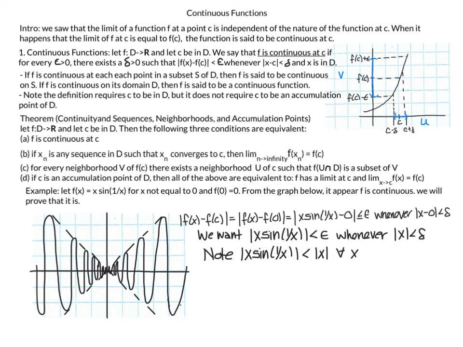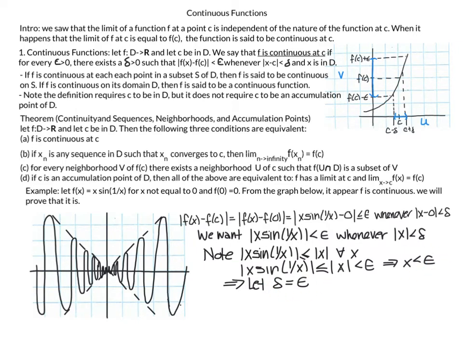And if you recall, we would solve for our x in terms of epsilon. However, this is a little bit difficult, but we can note, because sine goes between negative 1 and 1, that the absolute value of x sine of 1 over x is always less than or equal to the absolute value of x. And here, instead of comparing epsilon to x sine of 1 over x, we're just going to compare it to the absolute value of x, because that is always larger. And we're going to keep the absolute value of x smaller than epsilon. So the absolute value of x is less than epsilon,